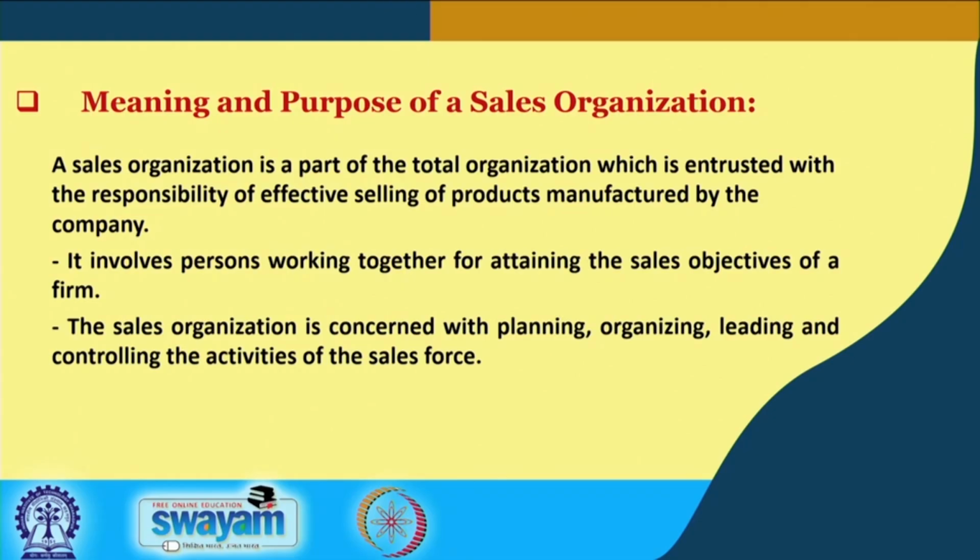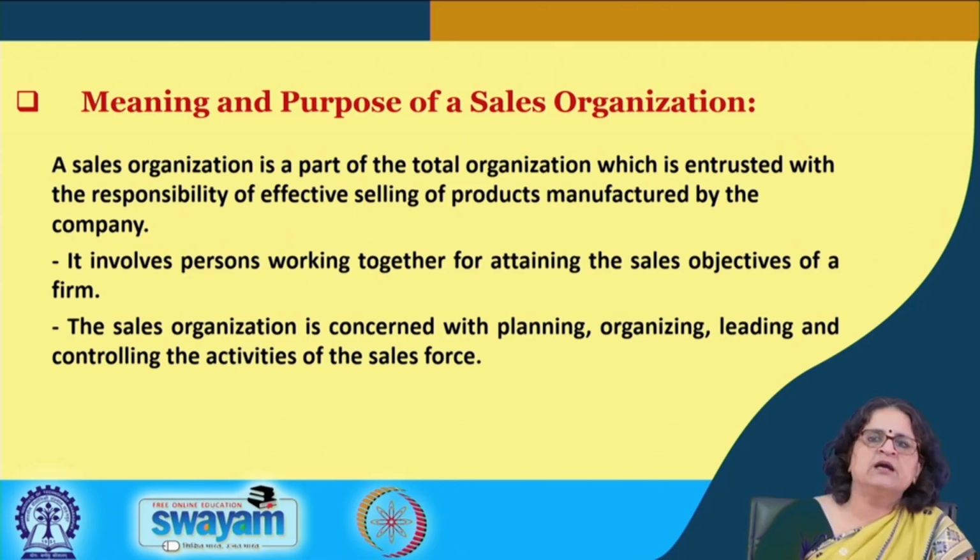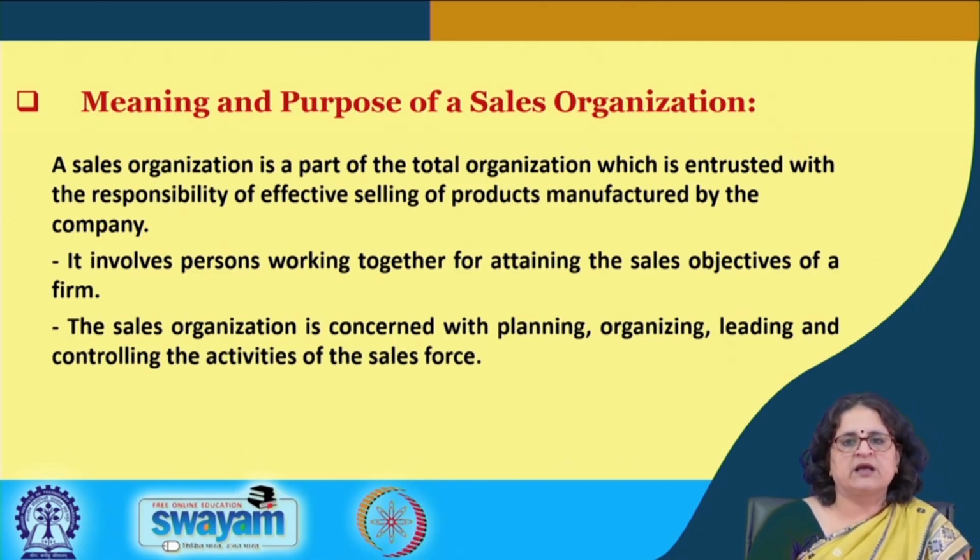Now, if you recall, in the previous lecture we have spoken about the planning function. We spoke about plans, we spoke about corporate strategic planning, the SBU and the division level planning, and the product or the operational level planning. And then elaborating on the product or operational level planning, we further spoke about the marketing objectives, the sales objectives, the sales strategies, and the tactics. Now, once we are done with the planning function, the next function in management involves organization and organizing.